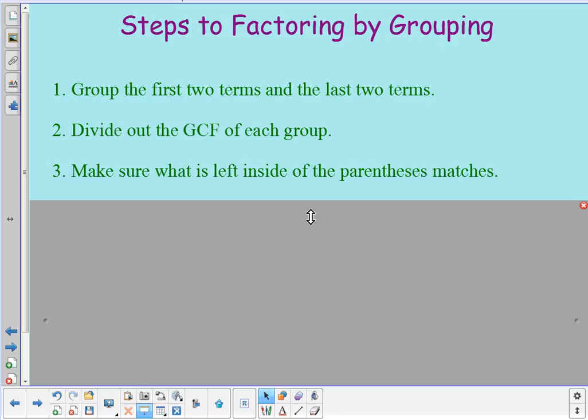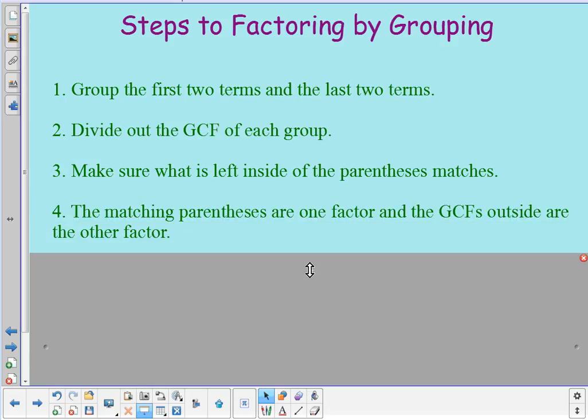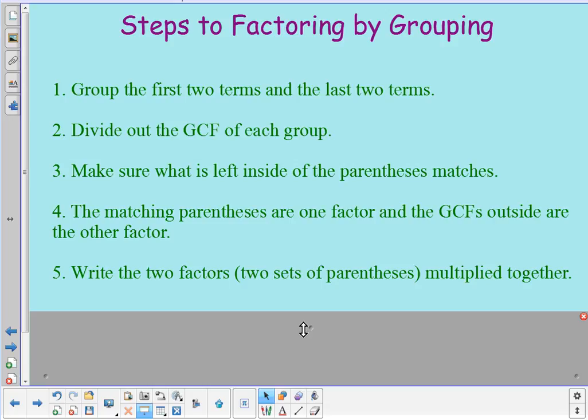When we do that, we should have 2 sets of parentheses that match. So you need to make sure that whatever you have left inside the 2 sets of parentheses matches. And then if you've got that, you're a go to write out your factors. So the matching parentheses become one of your factors. The GCFs outside make the other factor. And then we write those 2 factors out as parentheses multiplied together. So take a minute here and write down these steps if you need to, and we will move on to